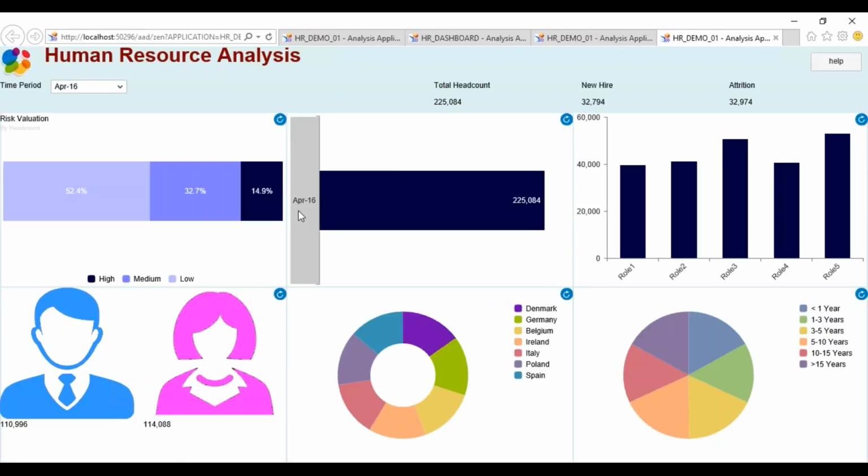So now what Dev is asking is, it is showing APR-16. Instead of that, he may want to show 04-16 or APR in capital, right? Basically, you want to manipulate the data that is coming from the data source.